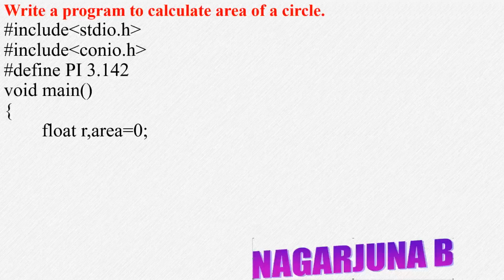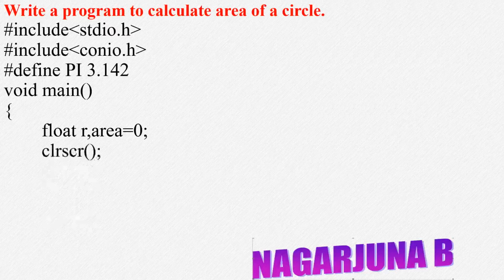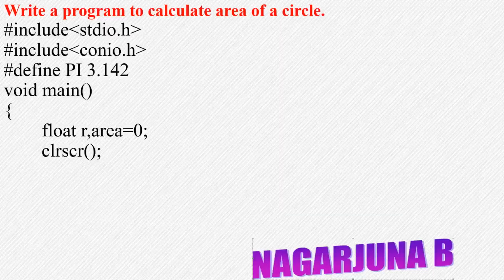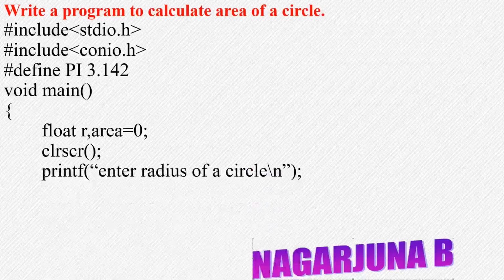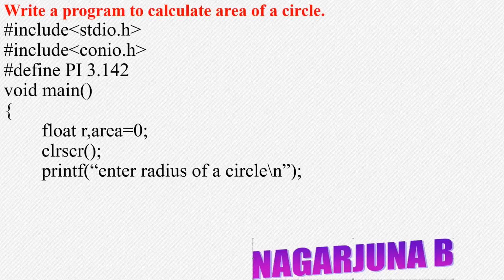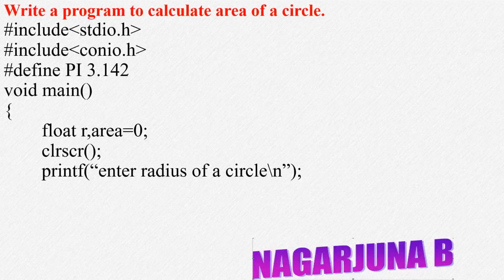Then clrscr open bracket close bracket semicolon. Then I will ask the user to enter the value of a radius. For that purpose I will use the formatted output function printf by writing printf open bracket, double quotes, enter radius of a circle slash n, double quotes close bracket semicolon. Then I need to read the value in a variable r. Whatever has been entered by the user should be stored in variable r. For that purpose I will write scanf open bracket, double quotes percentage f double quotes close, comma ampersand of r